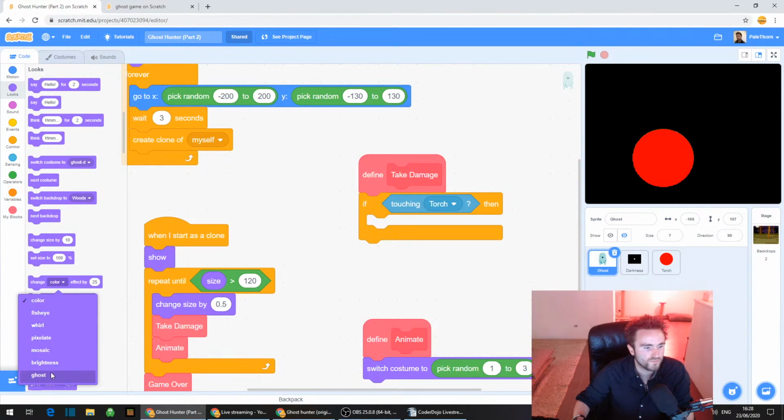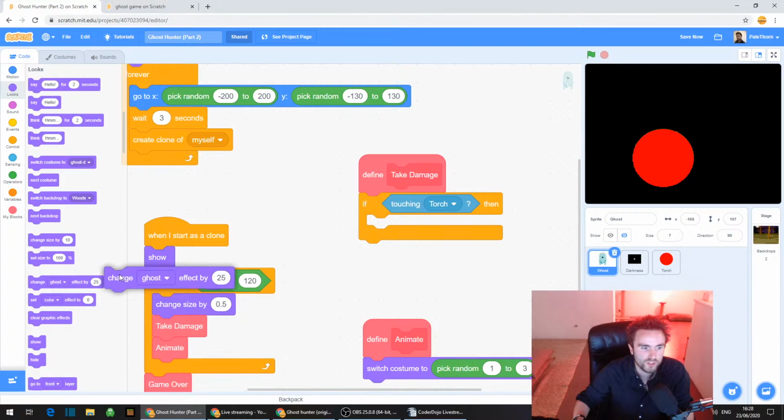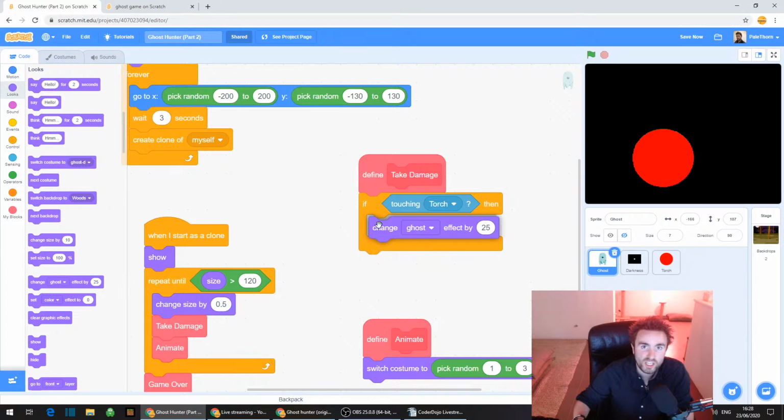Click on that, select ghost, bring it out, and put it inside the if touching torch. So if touching torch, then change ghost effect by, and we'll just say 1. If we get the ghost effect to 100, they become completely invisible. Okay?